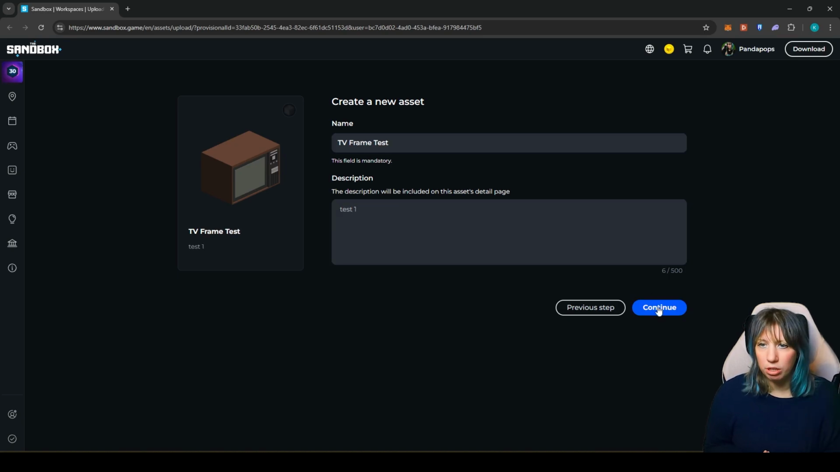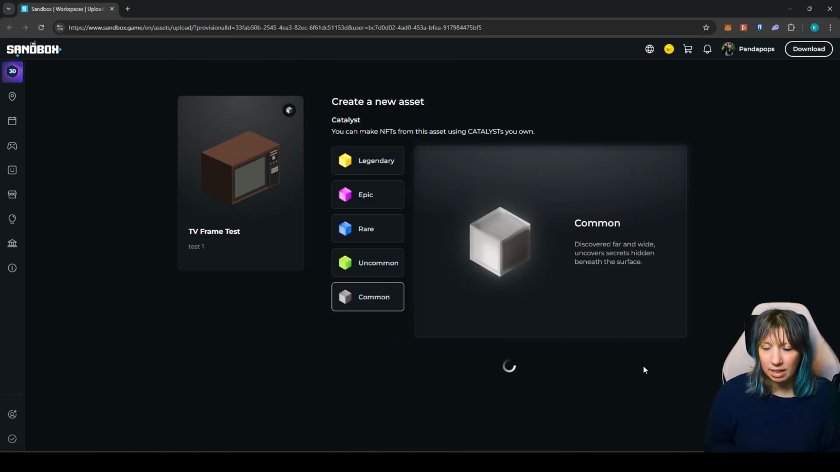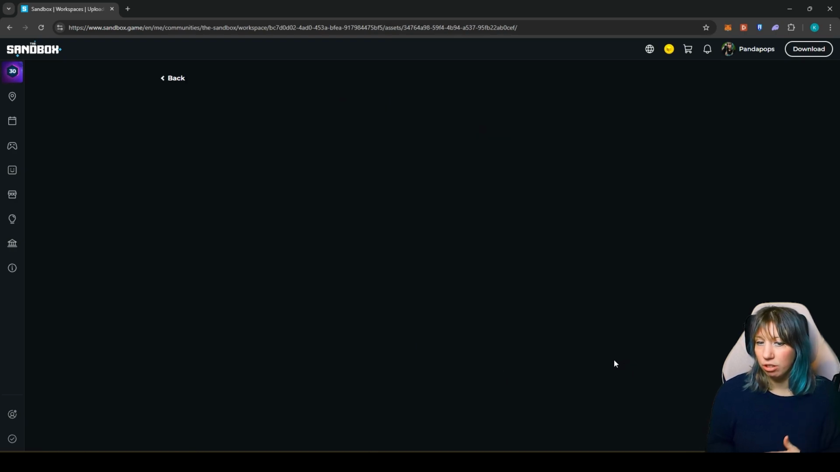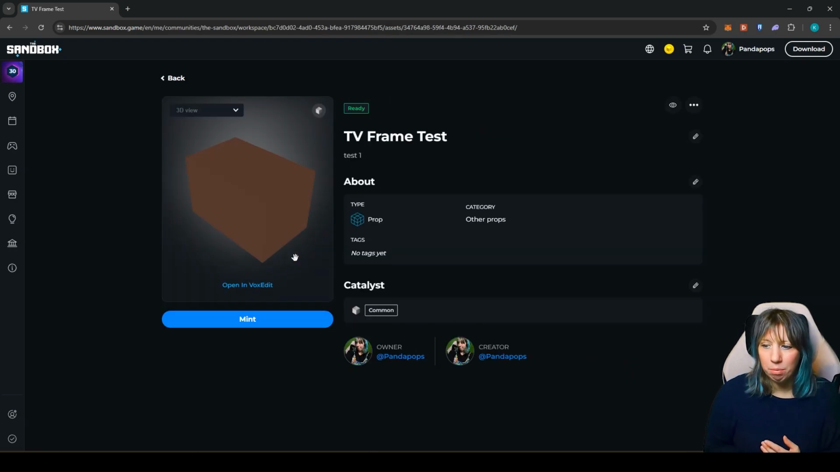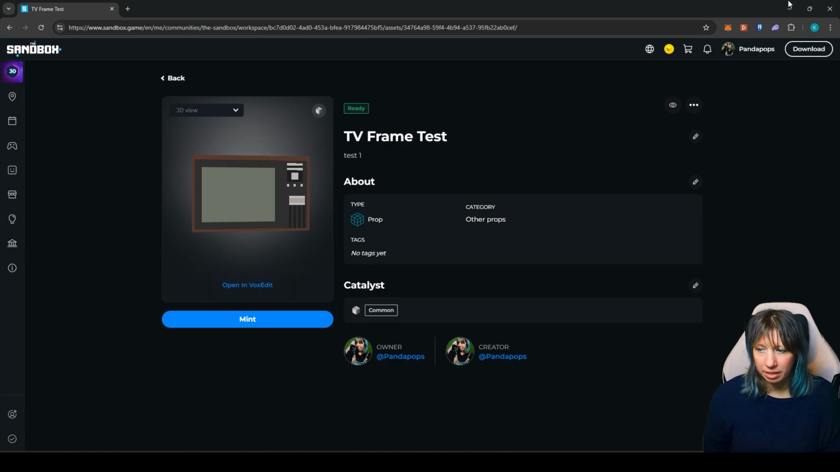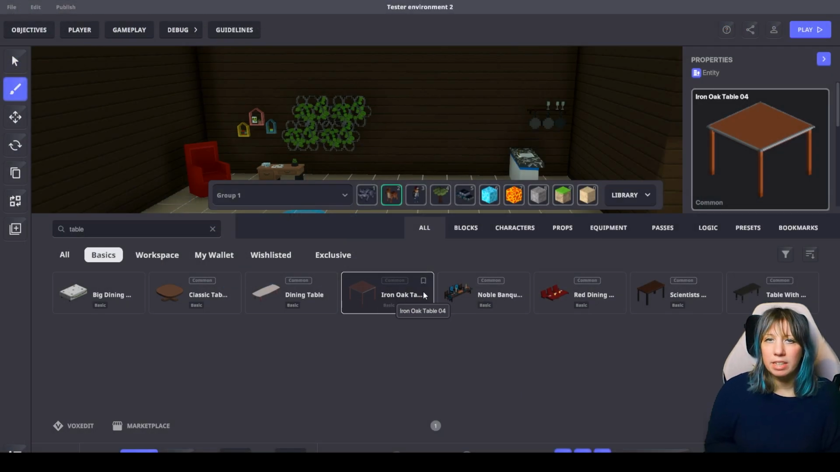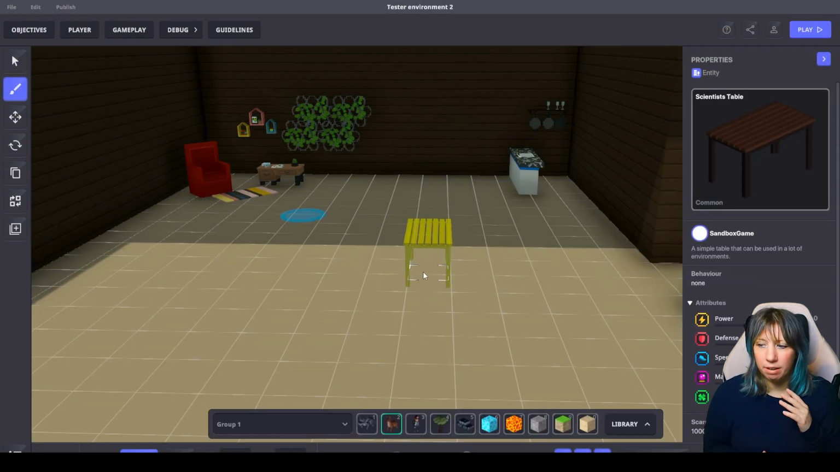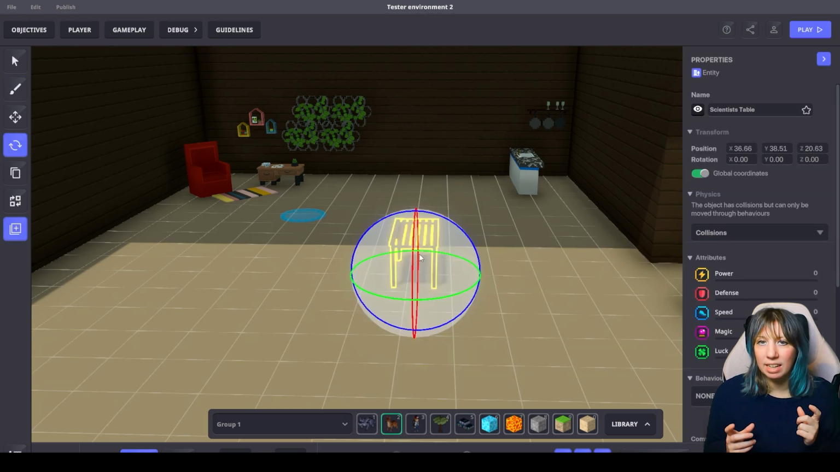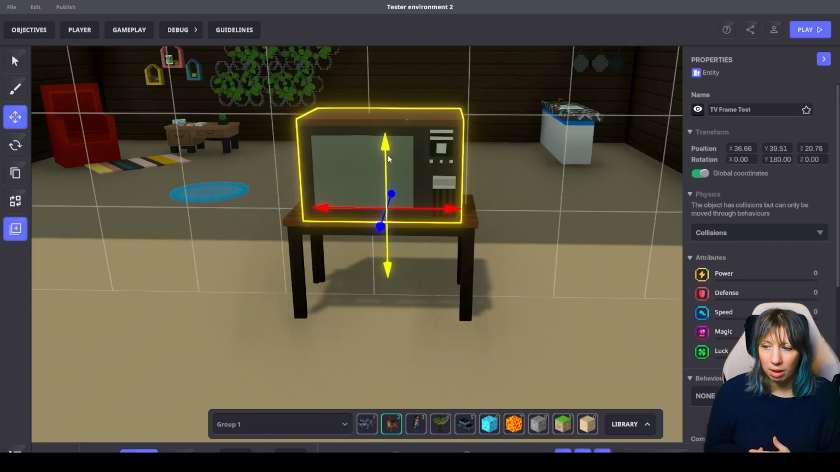So I just went through the usual steps. I classed it as a prop because it's not a character, and I couldn't choose the other options. And then we went and opened it up in Game Maker. One thing I did do was also make the frame portion as an individual asset as well, just to test